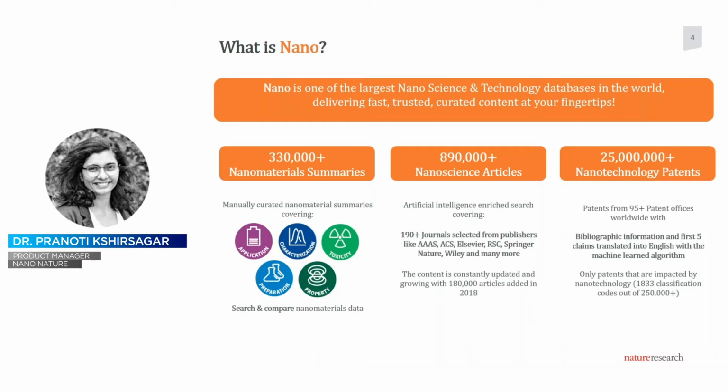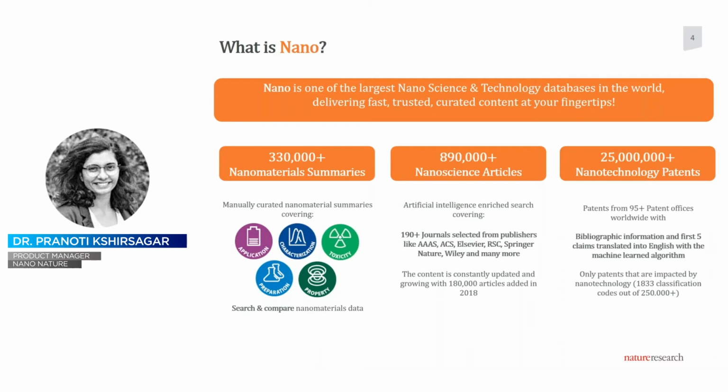And I'll go over those advantages when we go to the platform itself, when we'll do the live demo of the platform. The third category is the nanotechnology patents. Now, the big number of 25 million is because we cover patents from over 95 patent offices all around the world. And in this case, also, we heavily rely, or we heavily use the AI, which then, similar to the